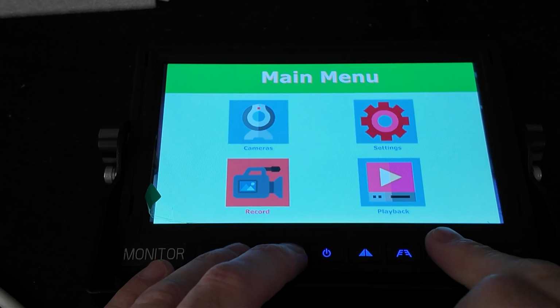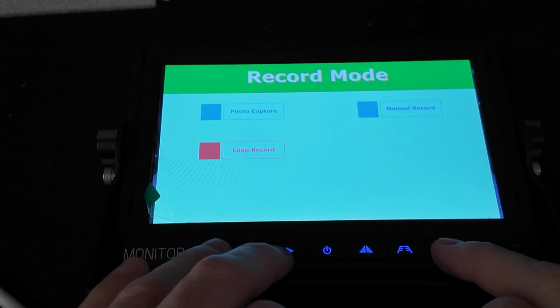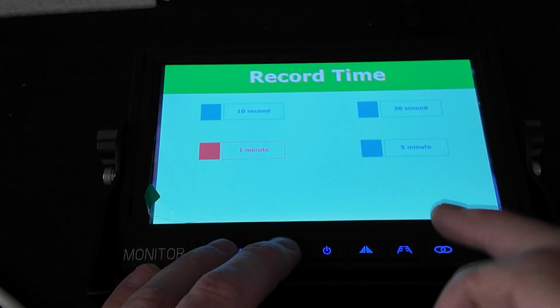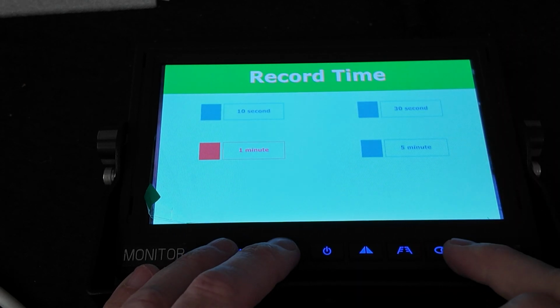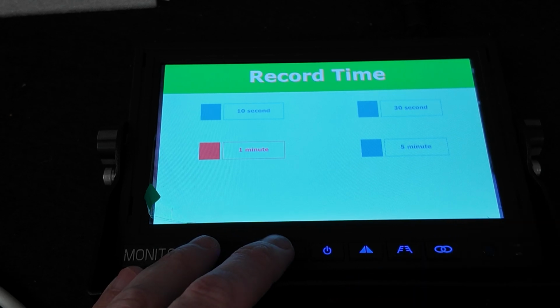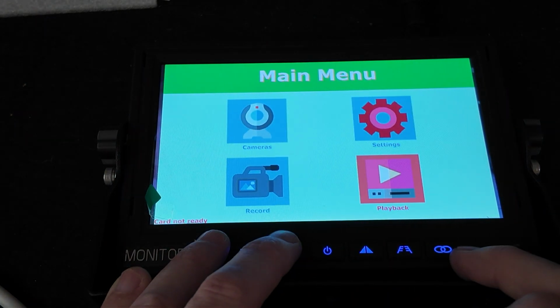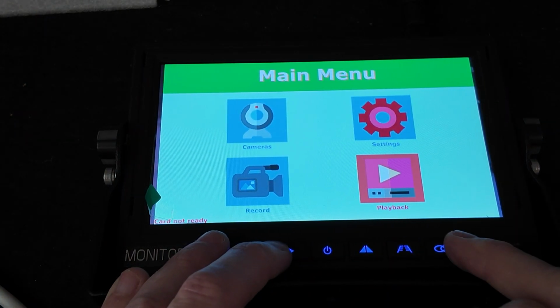I'll press menu to go back. Record again: if you had an SD card in there, it would be coming up. Record time is how long you want to record each clip on the SD card for. So it would record for like a minute, and then save it and then start again, and so on and so on. And playback obviously doesn't work because we have no